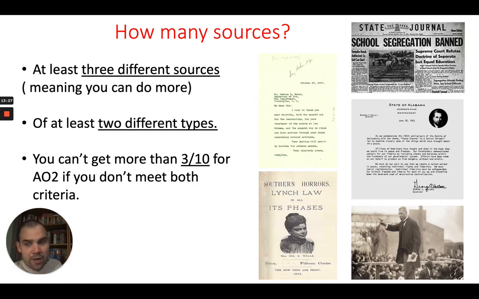It's an incredibly biased source, but if we're trying to understand the nature of white resistance, in this case the role of state government and state governors in resisting civil rights, it's an incredibly valuable source. So make sure to comment on the bias and propagandistic elements where they exist. You can show that you understand and recognise them, but don't make the mistake of saying, well, that means it's not useful. You have to be aware of the biases of certain authors, but you do not go from that to just saying it's biased, it's not useful. That is a very low level comment, and you won't be getting into level 4 and 5 with that